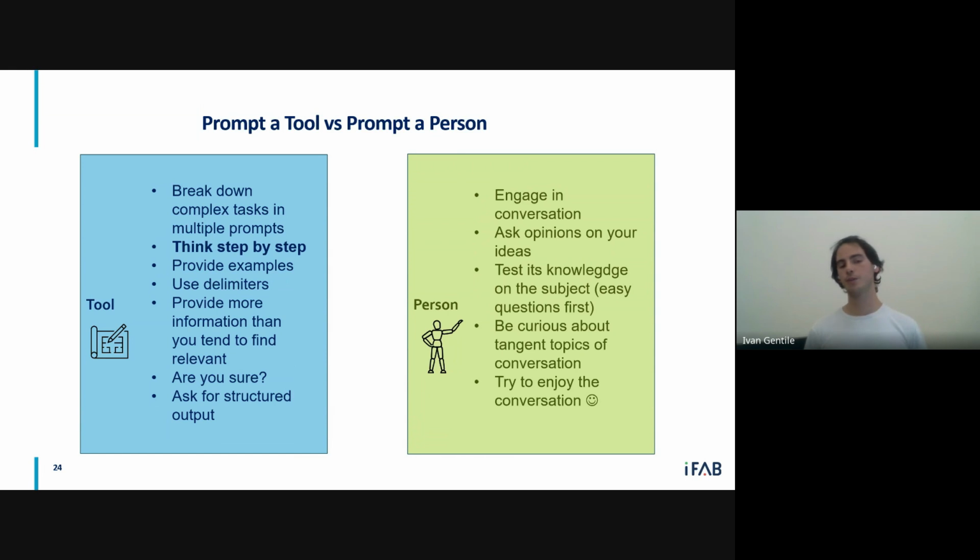so that we can implement the use of delimiters and the use of examples. And a specific example that I highlighted is think step by step, which is what they meant by breaking down complex tasks and implementing this in order to elicit this chain of thought by the model itself. So the model will try to output the steps in order to reach the solution. We need to have all this kind of insight on the model, but we can also interact with it as we interact with a person.